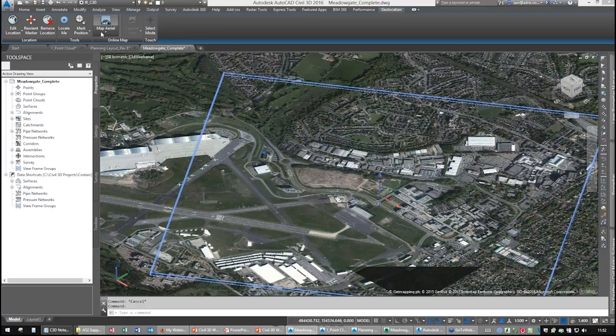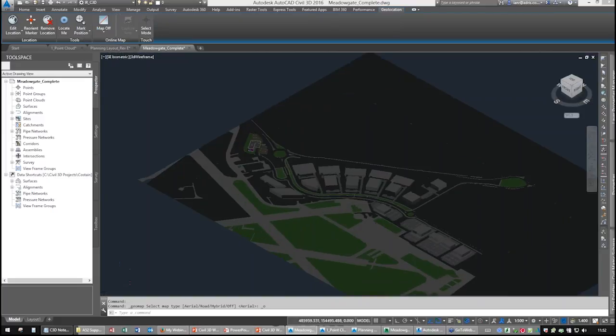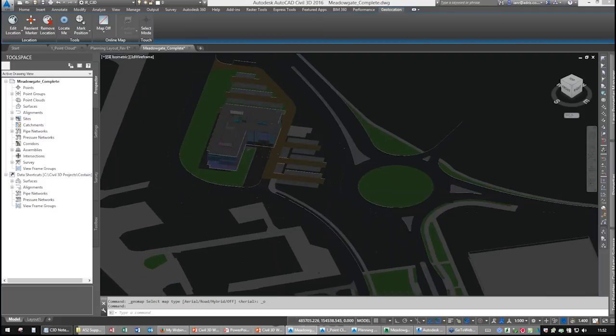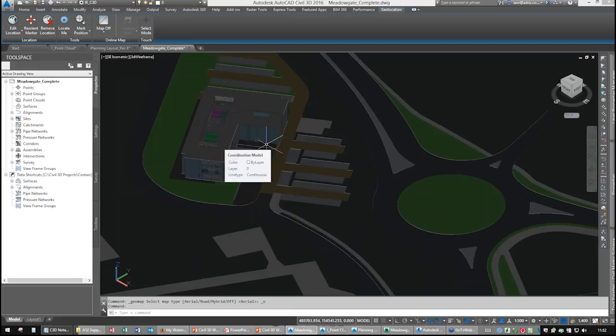So let's turn the aerial off. So you can change the transparency on it. You can see it's come in quite transparent, which is quite handy, but if you wanted to make it more transparent or not, the new command is